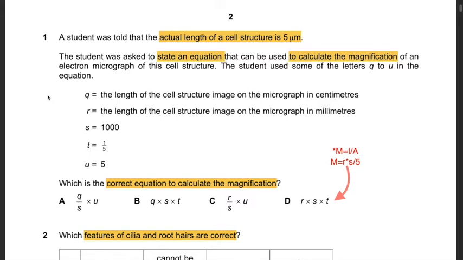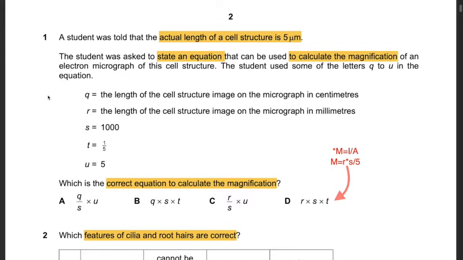Question 1. A student was told that the actual length of a cell structure is 5 micrometer. The student was asked to state an equation that can be used to calculate the magnification of an electron micrograph of their cell structure. The student used some of the letters Q to U in the equation. Q is equal to the length of the cell structure image on the micrograph in centimeters. R is equal to the length of the cell structure image on the micrograph in millimeters. S is equal to 1000. T is equal to 1 upon 5, U is equal to 5. Which is the correct equation to calculate the